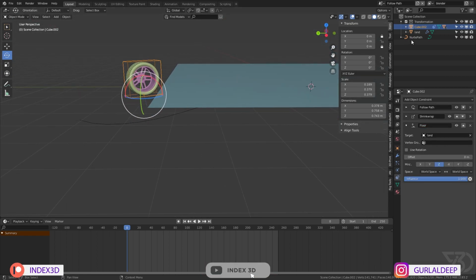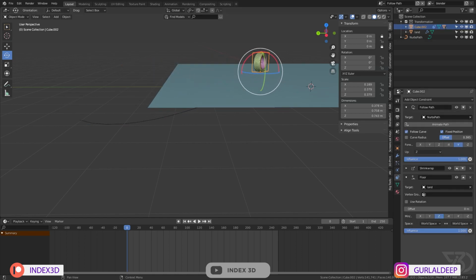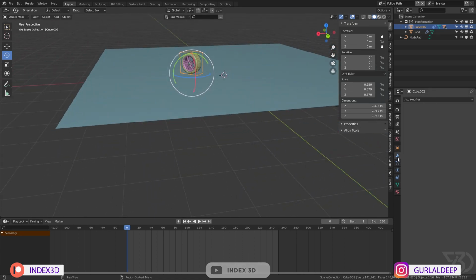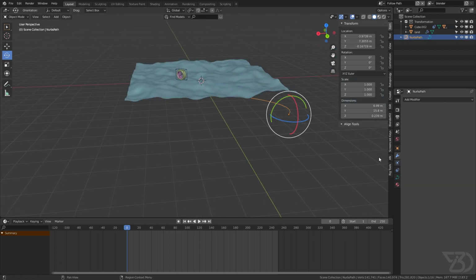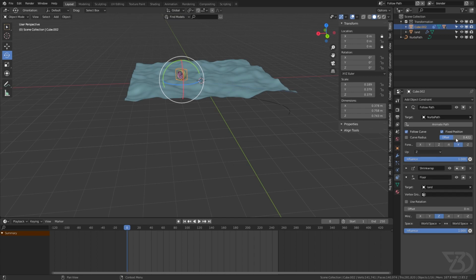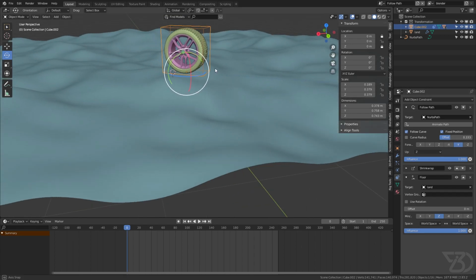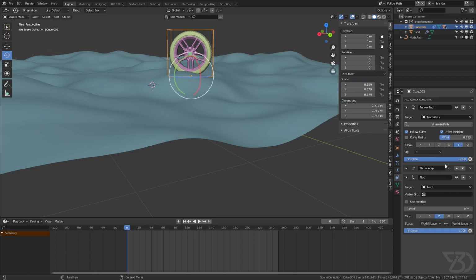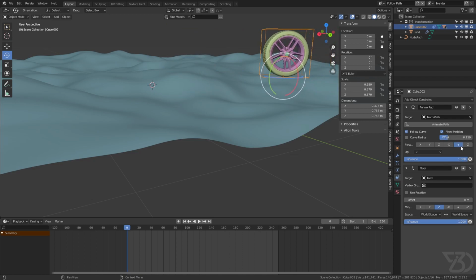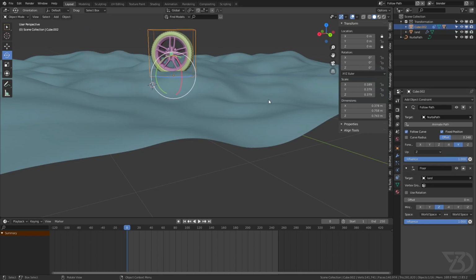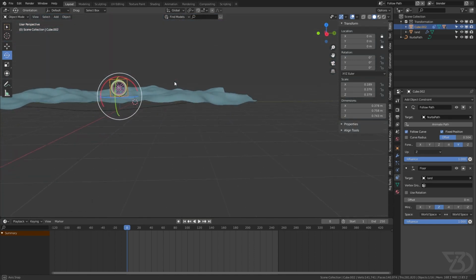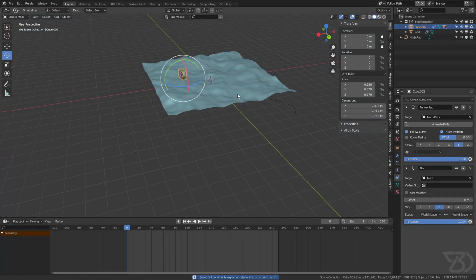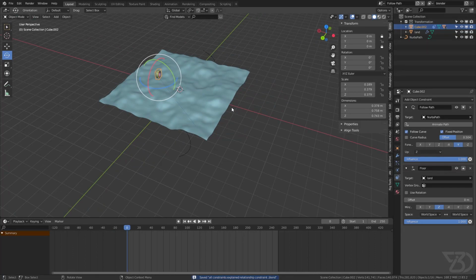See, now if I move this like that, so it's working. But as soon as I add displacement, it will not work. See, well, because we have this. So now I will remove this one for now. See, it's now going through, so it will only work on a flat surface, not on a deformed surface like that one. So that's it for this video.